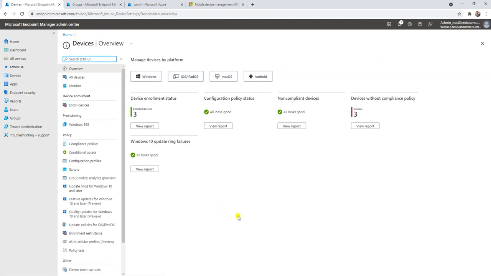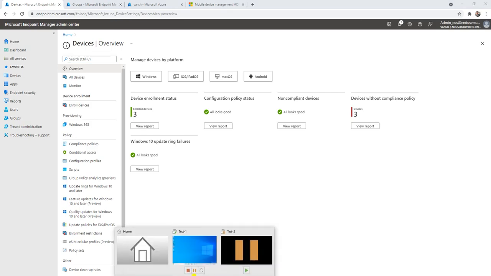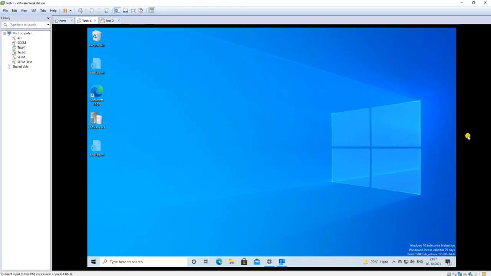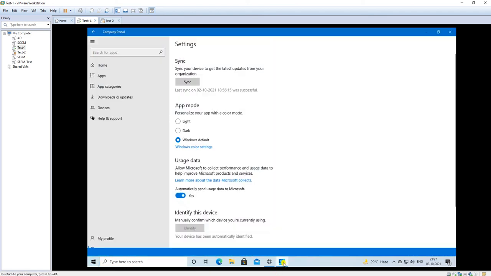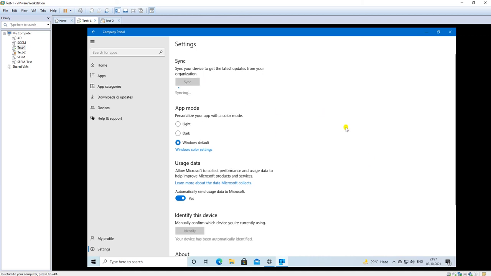We have already deployed the patches, so let's move to the Windows machine now. Here I have the company portal, so I can sync from here also. Anyway, it was synced from the console also, so one side is enough.